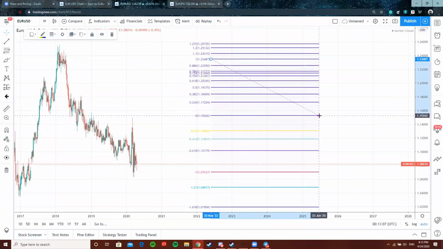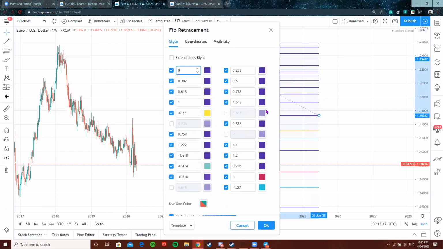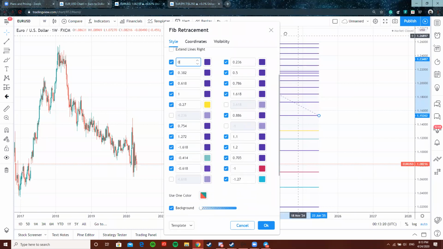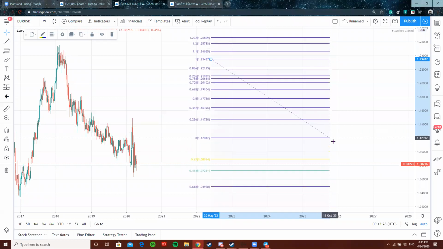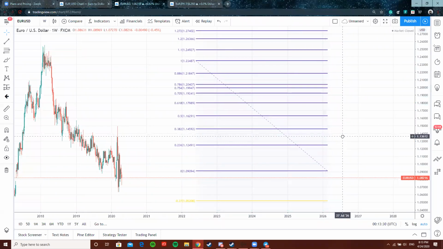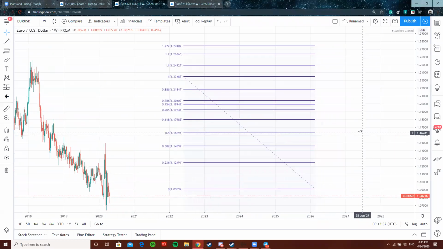But what he does is basically he has two things. I didn't do a screenshot, but I'll pass you the screenshot later. So what happened is he has two zones. And we're going to ignore these colorful levels for a second. We're just going to go over the basic rules of what fibs are and what they do.